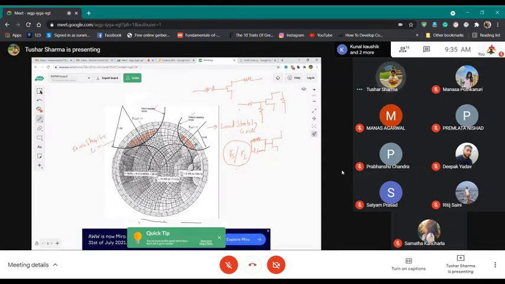Now the question is, you can stabilize your device using different means, and I will tell you how we select these. Prabhanshu and you IIT Bombay guys, once you know S parameters, you will do stability analysis at whatever frequency of operation you need. When you want to stabilize a device, it's not only at your frequency. Say you are operating at 2 gigahertz. You don't want your device to be stable only at 2 gigahertz, but you want your signal to be clean from say 0.5 gig up to maybe the third or fifth harmonic.